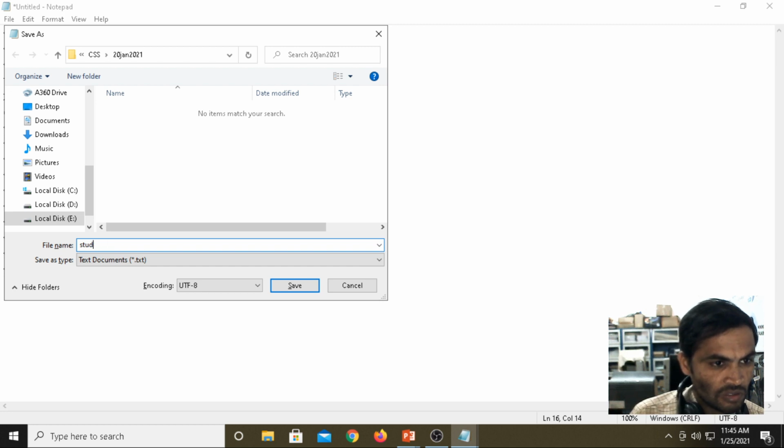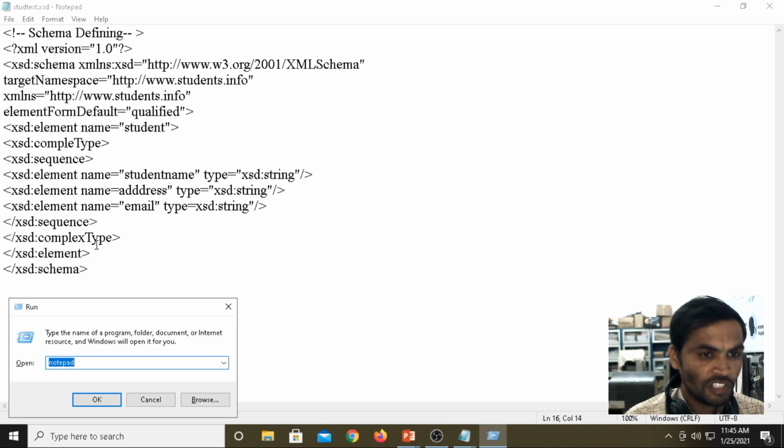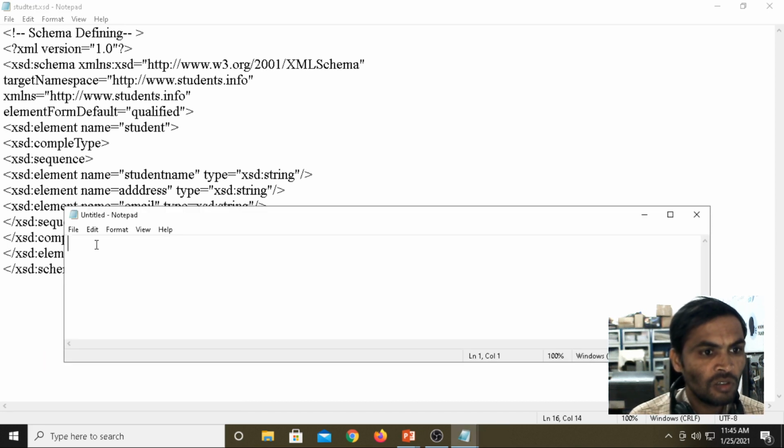I'm saving it as test.xsd. Now we are writing the syntax. For validating your XML file, we should write the XML file separately. Now I'm opening a new window. Then I'm writing the XML file, XML version